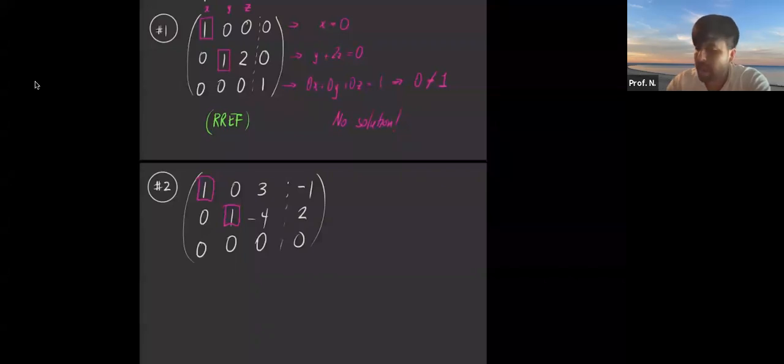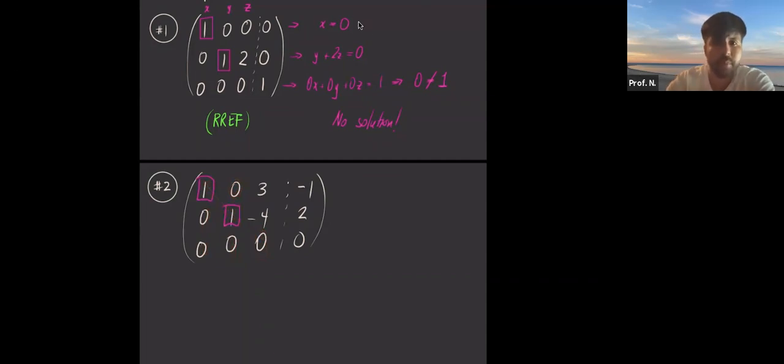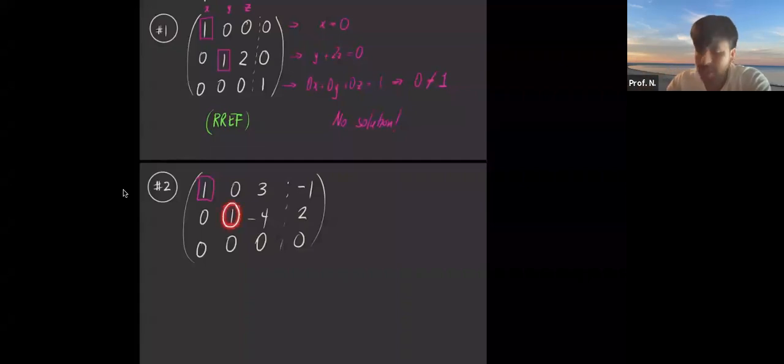Because in this example, we have ones in the diagonal, there's zeros below it, there's zeros above it, and this one here is also a 0. It's a 0, it's not a 1. So this is row reduced echelon form because all the leading ones. Why doesn't the last one have to have a 1 to be considered RREF? Because there are situations where the leading one doesn't appear in every entry in the diagonal